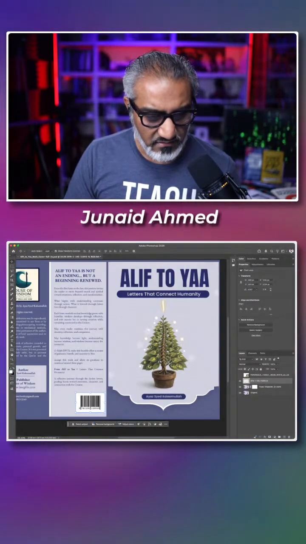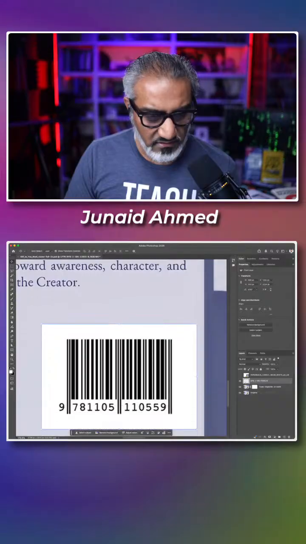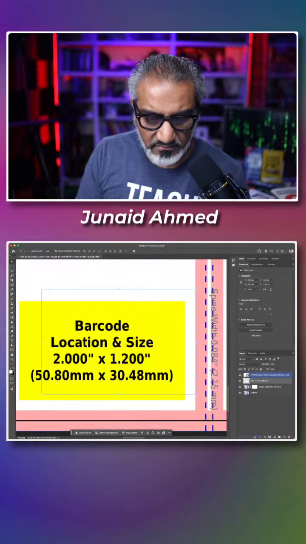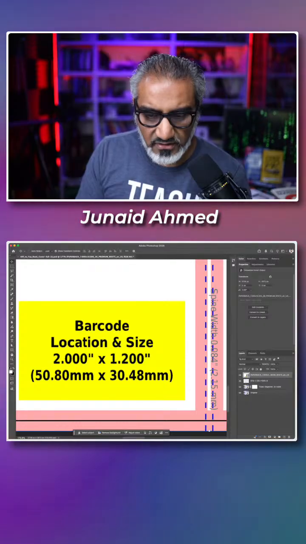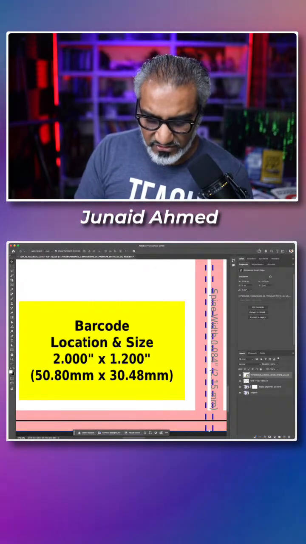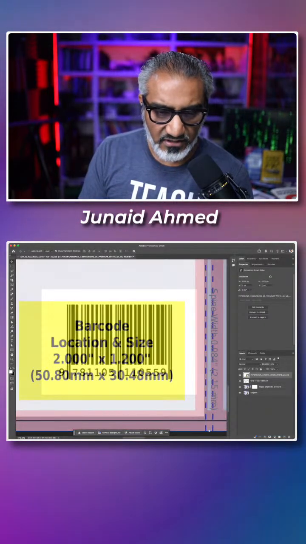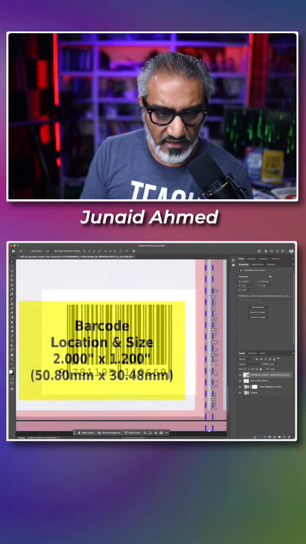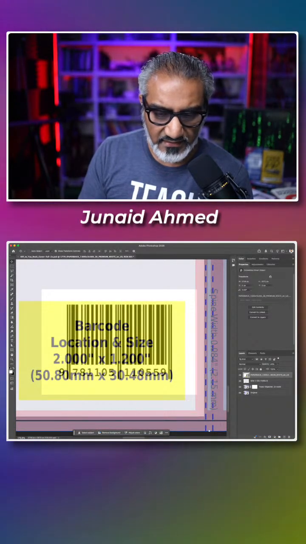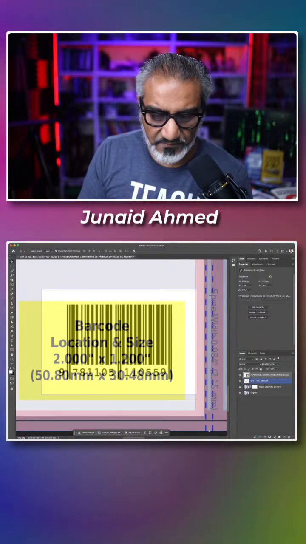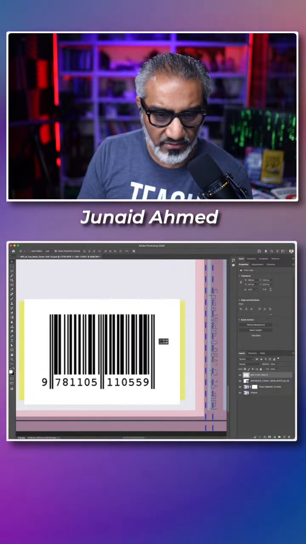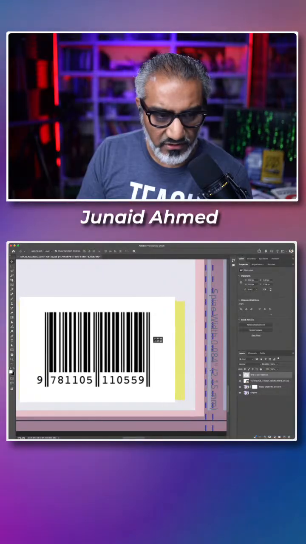And I can now zoom in. The one thing I want to do is make sure that it matches. So in Photoshop, I'm just going to select that layer and hit 5, or 4, 3, which does an opacity change right here, and that lets me place this barcode in the spot that I want.